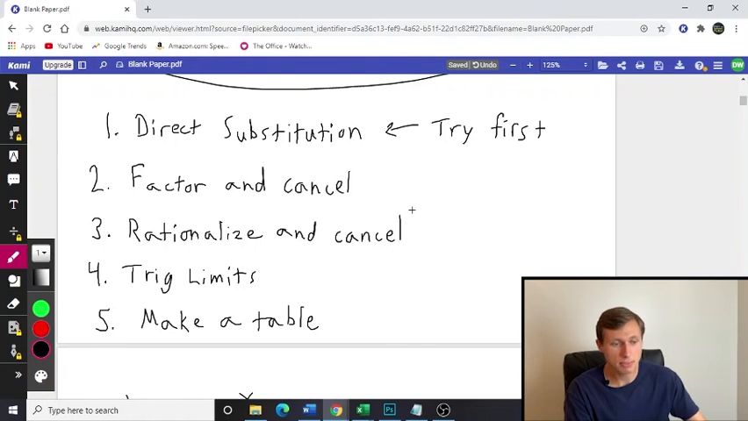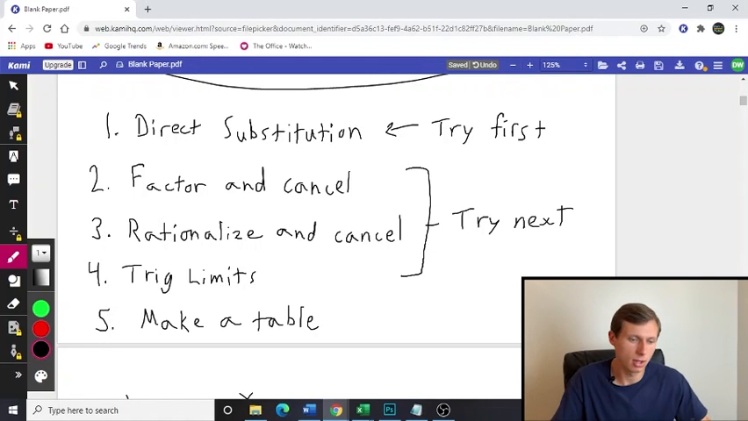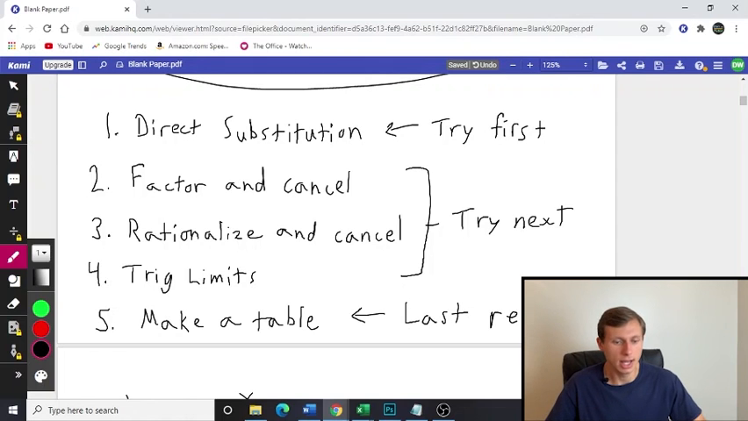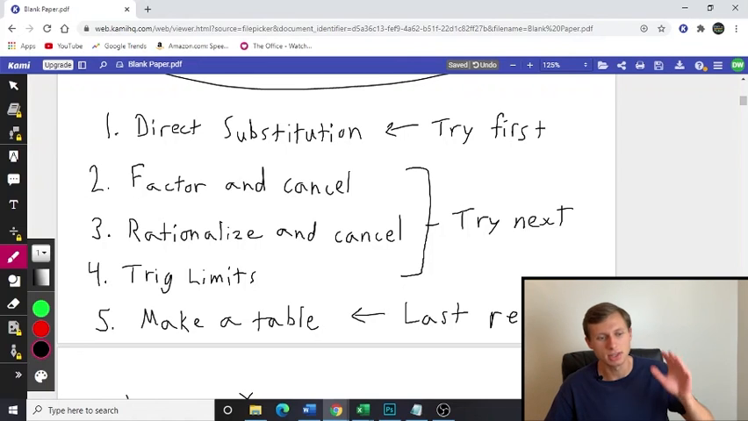And steps 2 through 4 really depend on what you have available to you. Like for instance, if you have a square root, you're probably going to use rationalize and cancel. If you see sine or cosine, you know you're going to use a trig limit. And then as a last resort, only as a last resort, you would make a table. And that is the strategy for solving limits by hand using the 5